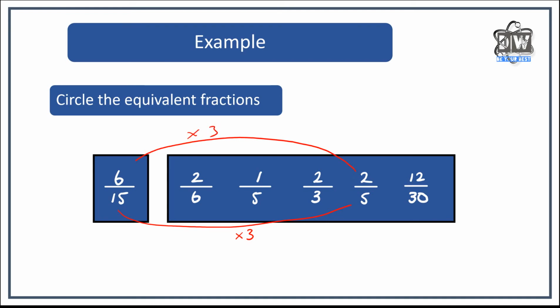I get 15 and I get 6. So I can say that these are equivalent fractions. So therefore, I would circle it. And on the last one,